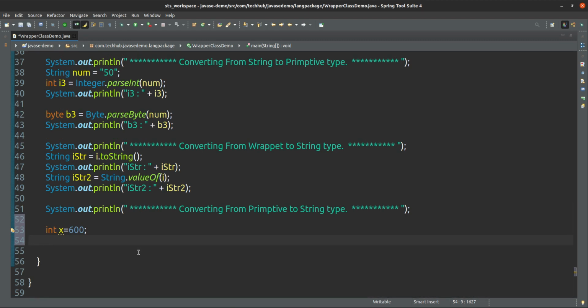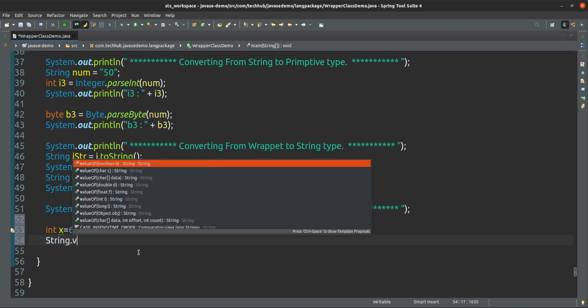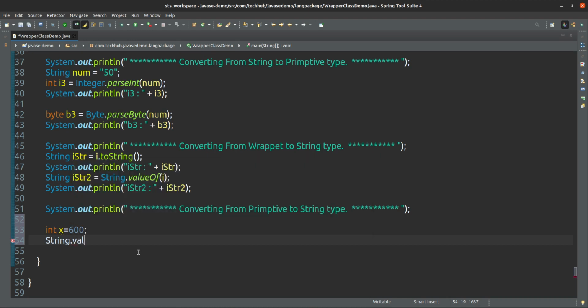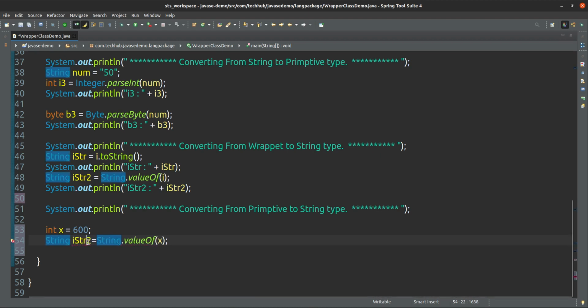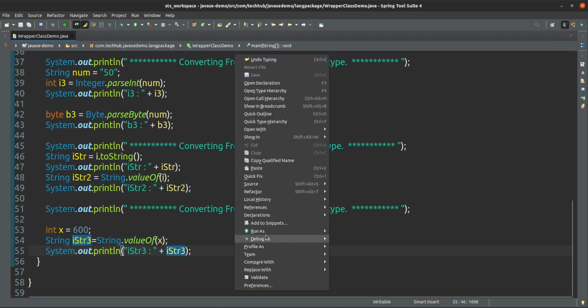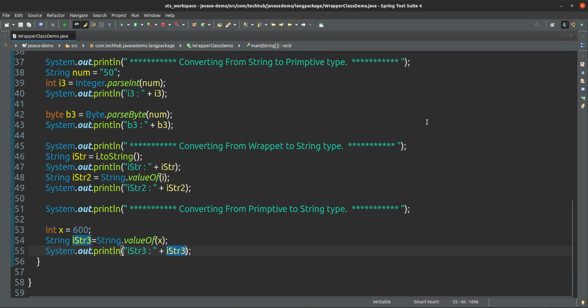It's very easy. String.valueOf method. Using this valueOf method we can convert into string. String s3. Yes, if I run, you will see the proper output.